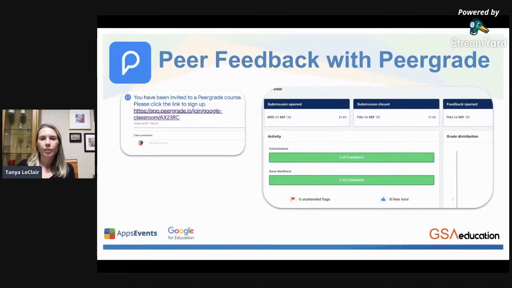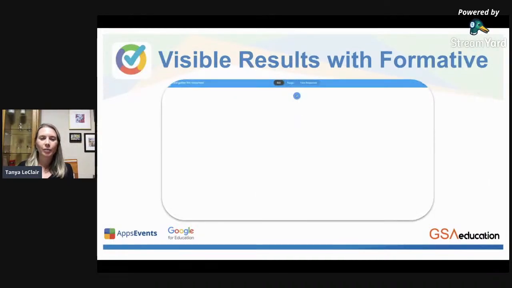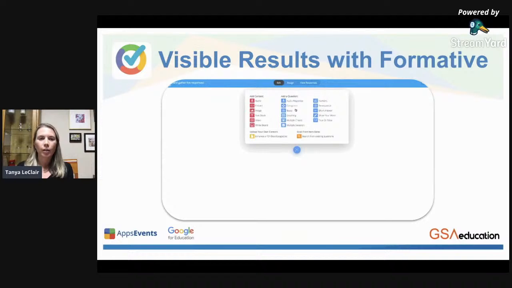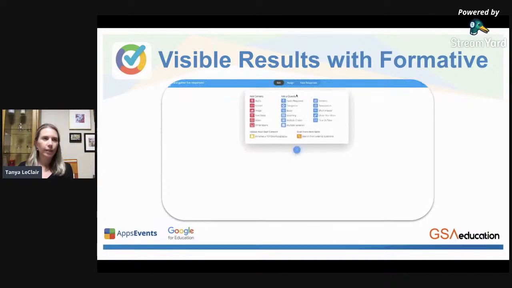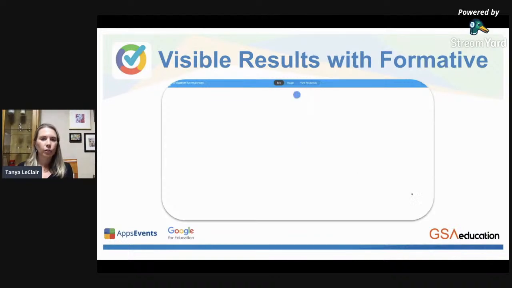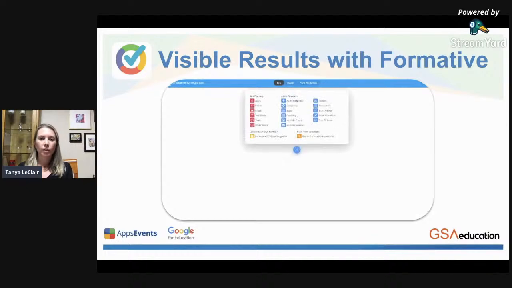So I know you saw a little preview of this, but we'll go to the next one. And this is one of my favorite tools, Go Formative, or Formative. It's called goformative.com, but Formative. It's one of my favorite tools for creating really interesting ways of students doing their work or giving you work to look at, and then really interesting ways for teachers to give feedback. So for example, Formative has a free version and a paid version, so you go to goformative.com